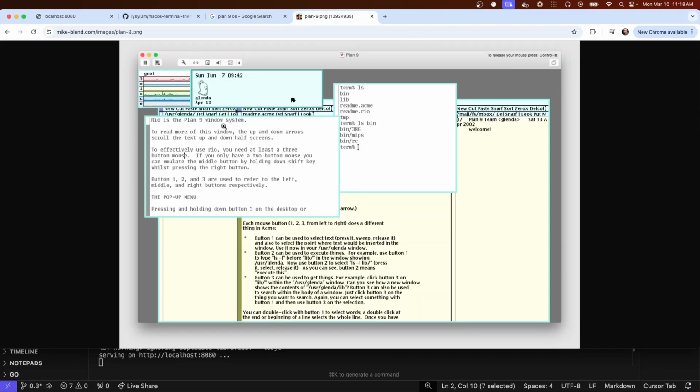Though the cool thing about the Plan 9 windowing system was you could control it all through the file system. You could inspect the state of a window and resize it and hide it and read the contents and get a screenshot of the window all through a file system API. And they did some interesting tricks because of namespaces, where every process has its own view of the file system. Each of these windows, which is running a shell, has its own namespace, its own view. And the way you get mouse input and keyboard input, you read a file, device, mouse, device, or,